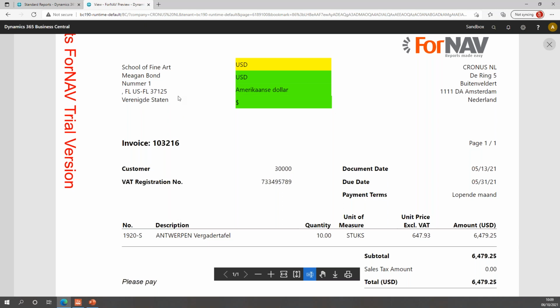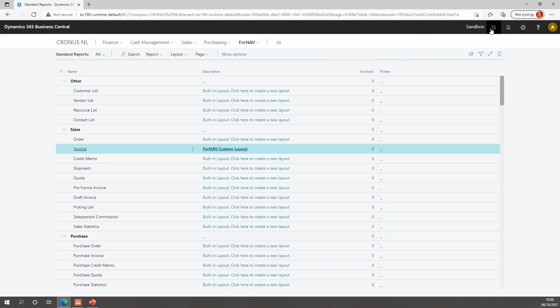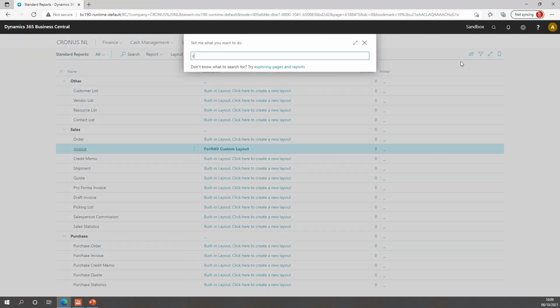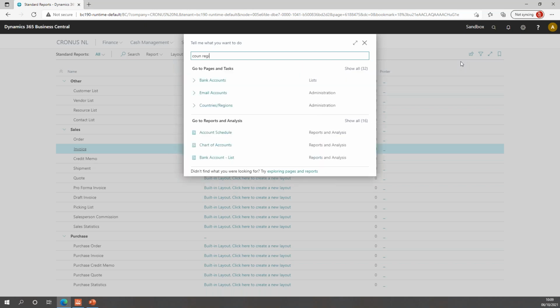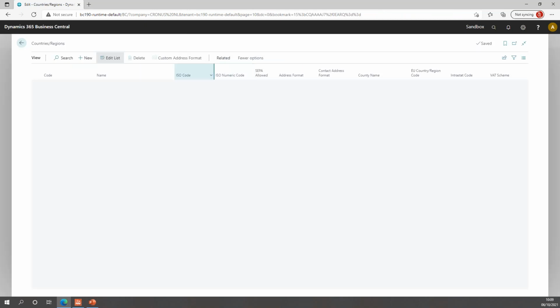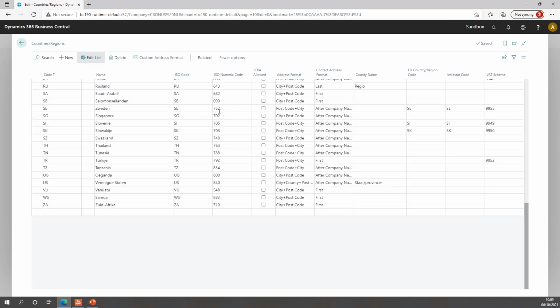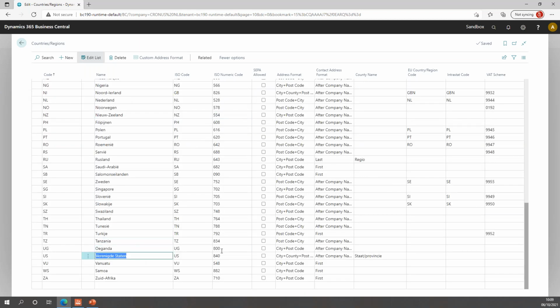Now if I want to change this, say if I want to change the address format for the United States, I can do that as well, because ForNAV finds the address formats automatically in the Business Central database. So I can open my country region table, and let's find the United States. And in this table, you will notice I have an address format, and I can change my address format to postcode and city, or city and postcode, or city and county and postcode, which is obviously something useful for the United States. Or I can simply grab a custom one,